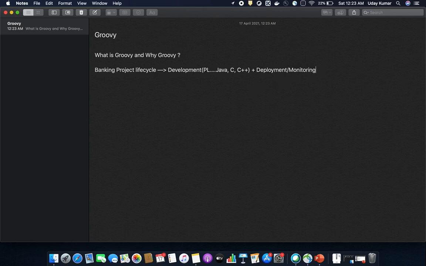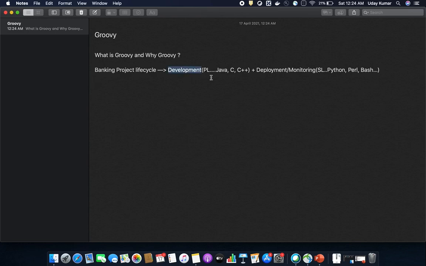So generally, to deploy your service, we choose scripting languages, right? Python, Perl, Bash. Because they are scripting languages, they are lightweight. They consume less memory, and the script will be executed statement by statement, line by line, right? So after deployment, we can say that the life cycle of the project has been completed and the service is up and running. So now let us come back to the life cycle of this project and see what are the languages we are using in the different phases of this project.